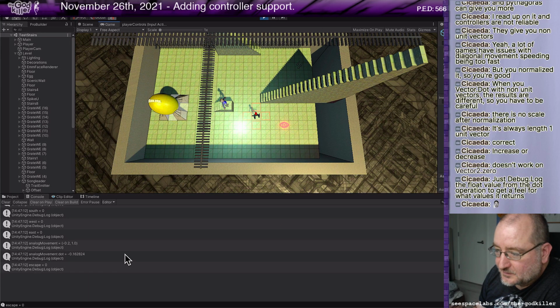If I go straight down, the dot again approaches 0. Left, it approaches -1, right, approaches 1. Just like you're saying. Just like you're saying in Discord.